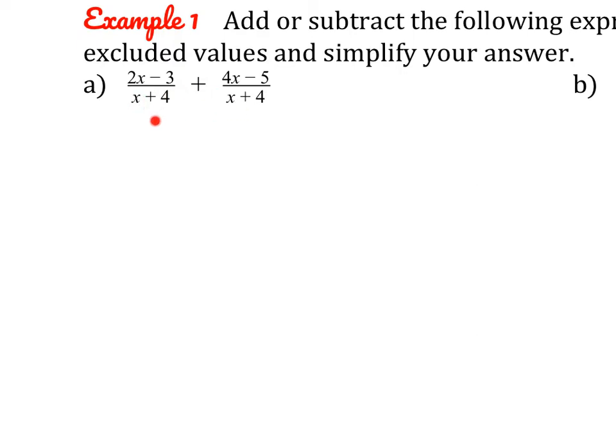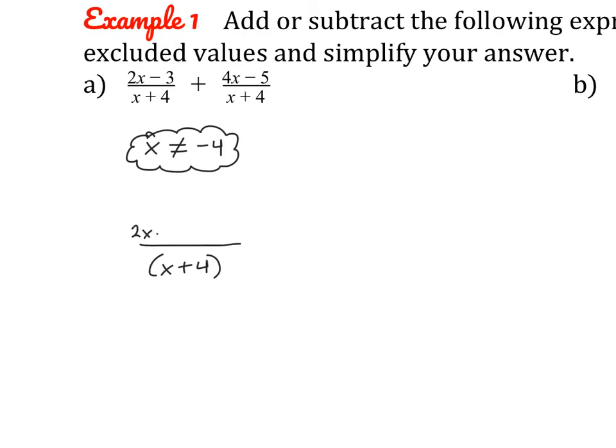So before we do anything else, we can list out any excluded values. So again, that's numbers that turn our denominator into 0. So both of these factors are the same, x plus 4, and they both tell us that x cannot equal -4. So that's our excluded value. And you'll also notice that our denominators are already the same. So if our denominators are the same, we can combine it into a single expression, and then we simply add the numerators. So it'll be 2x minus 3